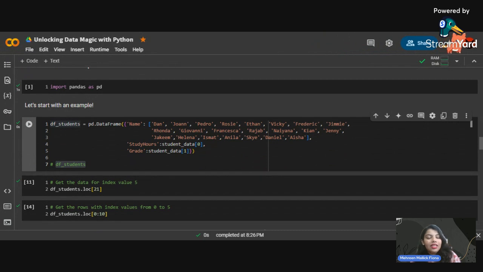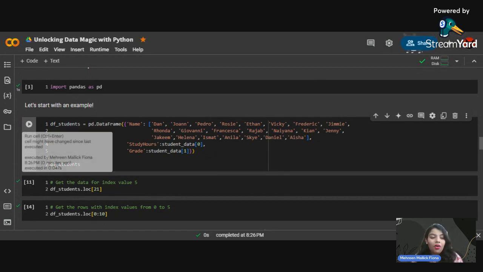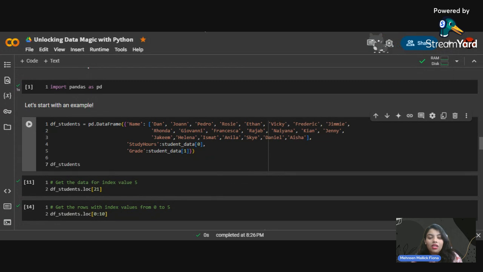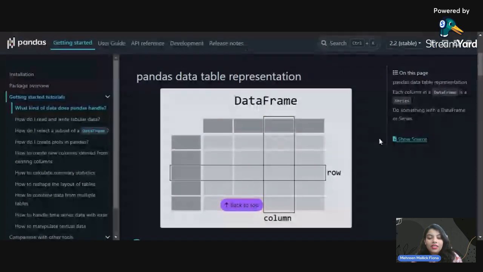We are not seeing anything, right? So in order to see our output values, as before in NumPy, we wrote our variable name. So we are going to write the variable name in our seventh line here so that we can see the resulting table or the data frame of rows and columns there. As you can recall from previously, this is the data frame consisting of rows and columns.